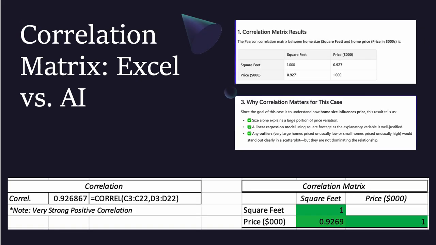For our correlation matrix, this was measuring the strength of the relationship numerically. In Excel and AI, they both show a positive correlation of 0.927, which means that larger homes tend to have higher prices, also reflected in the visual correlation matrix in the bottom right-hand corner, color-coded. The green color of the square foot and price block is very similar to the square foot, price block. So we can confirm what we already saw in the scatter plot, and move forward with the